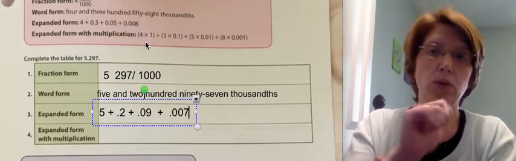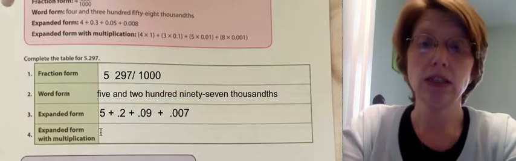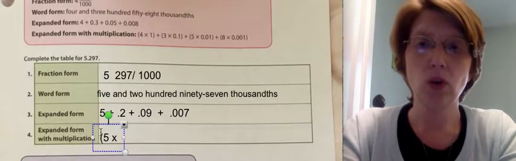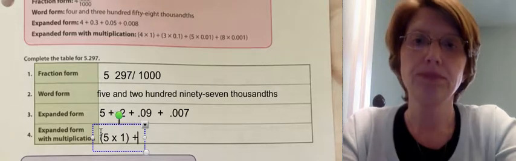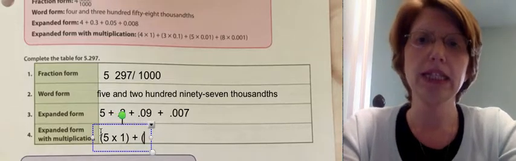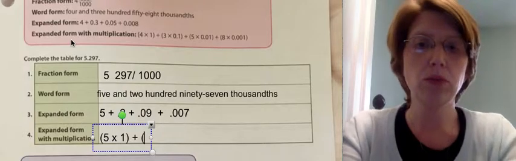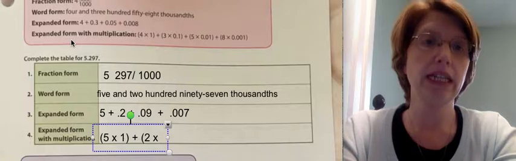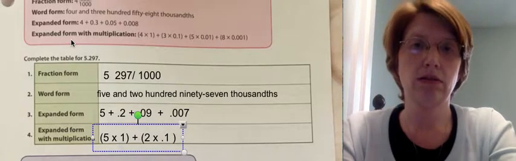So, for example, 5, because it's in the ones place, all we have to do is say 5 times 1 plus, and we need another parentheses, the next digit in our number is 2. So we're going to pull the 2 out. 2 times, and what place was it in? The tenths. So we're going to say times 1/10